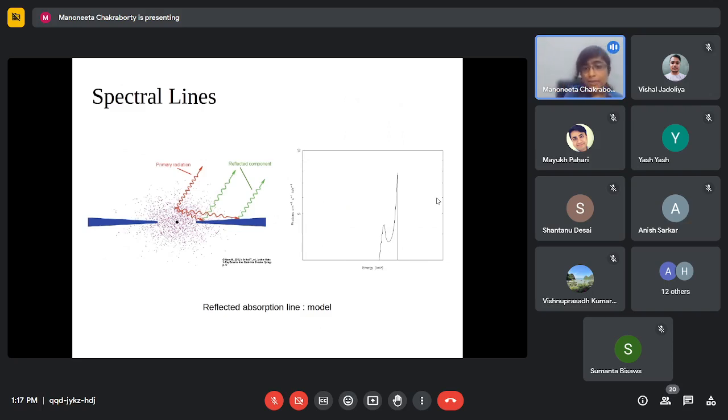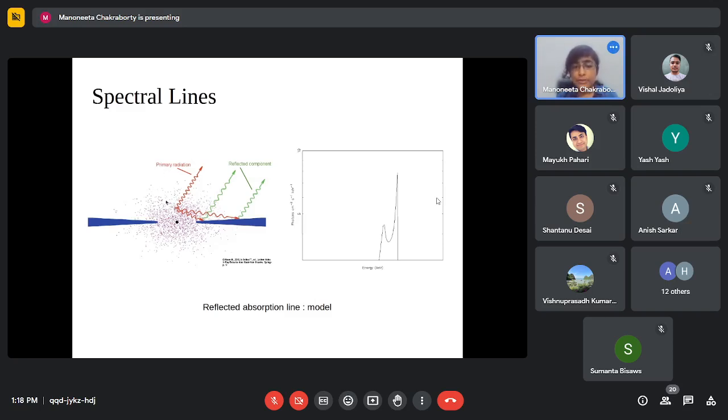The other thing I'm very interested in studying close to compact objects is the spectral lines. Until now, when I was talking about emission from X-ray binaries, I was talking about thermal emission from the disk or the corona, the plasma region. But apart from that, we can also see very narrow absorption lines or emission lines in the spectrum. How do they happen? Normally, the simple scenario is that there is non-thermal emission from the corona that is being emitted,